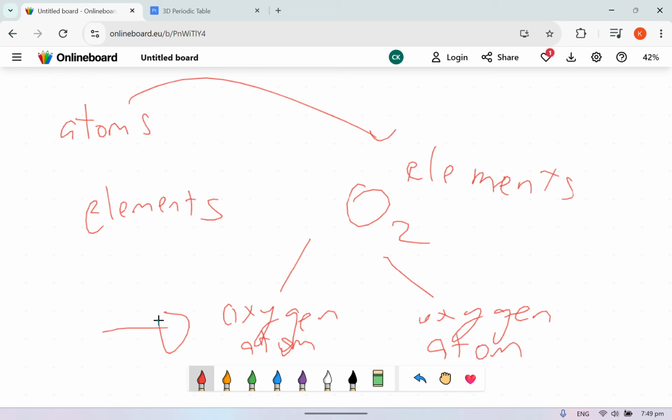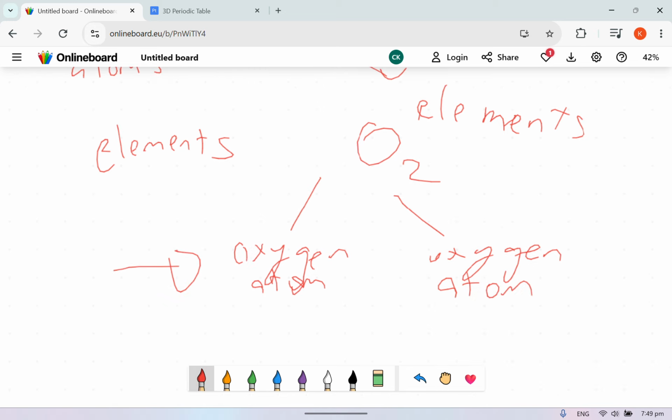So now what if I just cherry pick one oxygen atom? Here's the big misconception. A lot of people tell me this: "Hey, I know that all atoms belong to a certain element, only that element. But some elements are diatomic or polyatomic, like O2, the element oxygen. It is actually made of two atoms: one oxygen atom and another oxygen atom." So what if I just cherry pick only one?